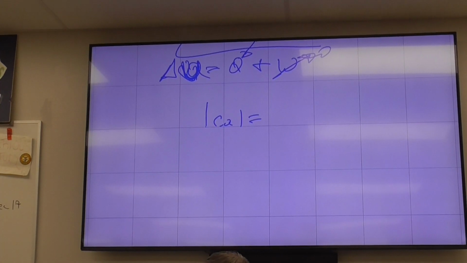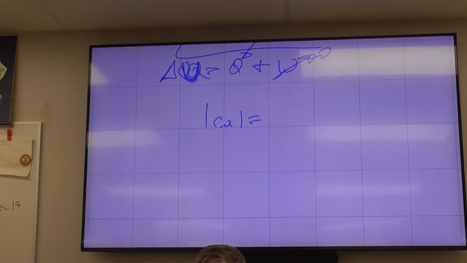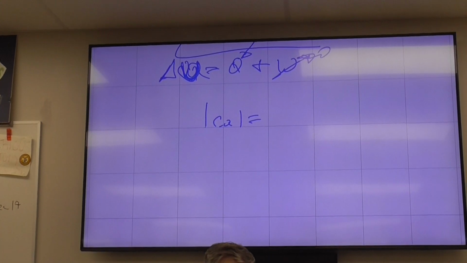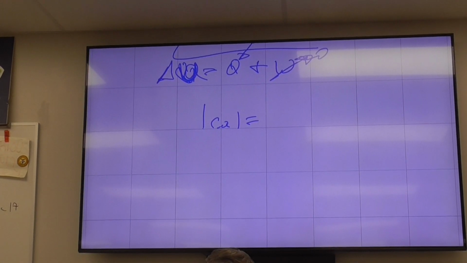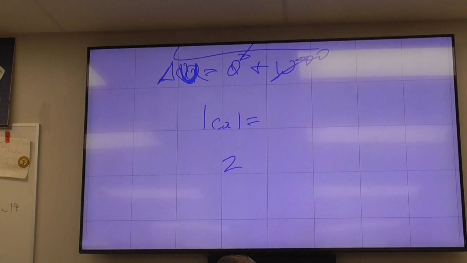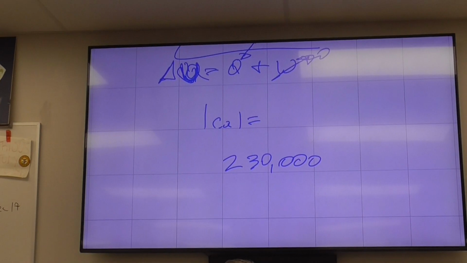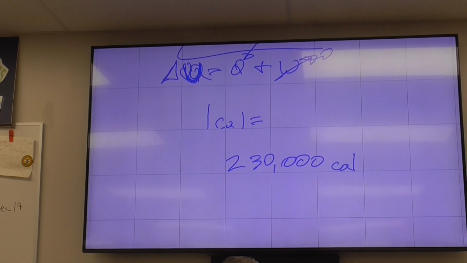When you look at food calories, by definition of the lowercase c, an Almond Joy actually has 230,000 lowercase